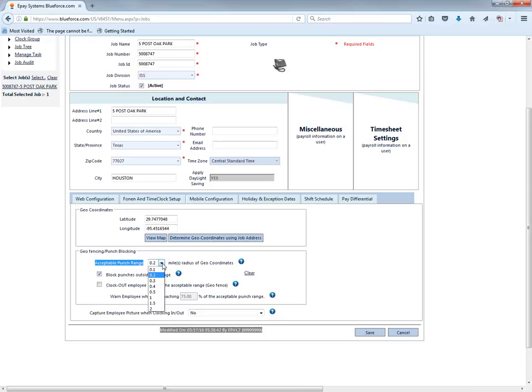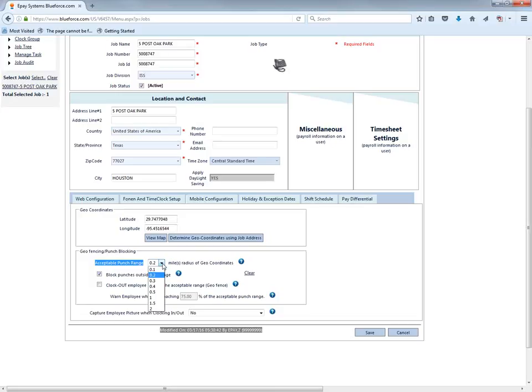We have a big building out in Phoenix, Arizona, for those that are joining us from Phoenix, where employees park down the street a little bit. And we have our supply area down the street, really one side of the campus. Well, if they clock in there, but the street address is on the opposite side of the campus, we might not be able to capture their punch accurately, meaning the system's going to say they're out of range. It will accept their punch, but it's going to be a punch that's going to need approval later in time